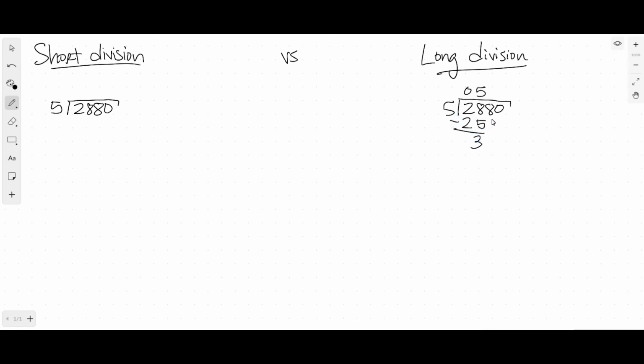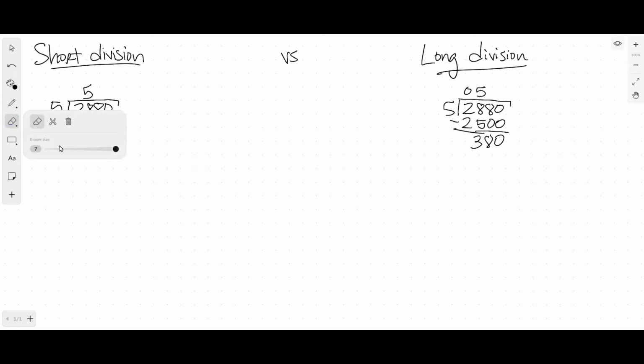Okay, and of course, if you were doing this using the method that we just talked about before, you would actually be subtracting 2,500, and you would get 380. Doesn't change it. Hopefully you guys have come to that conclusion. Putting the zeros does not change the way the calculation works. But in short division, you would still go through the same question, 28 divided by 5, and you would get a 5. But instead of writing down the 3, or doing the subtraction and writing down the answer down below, you would,